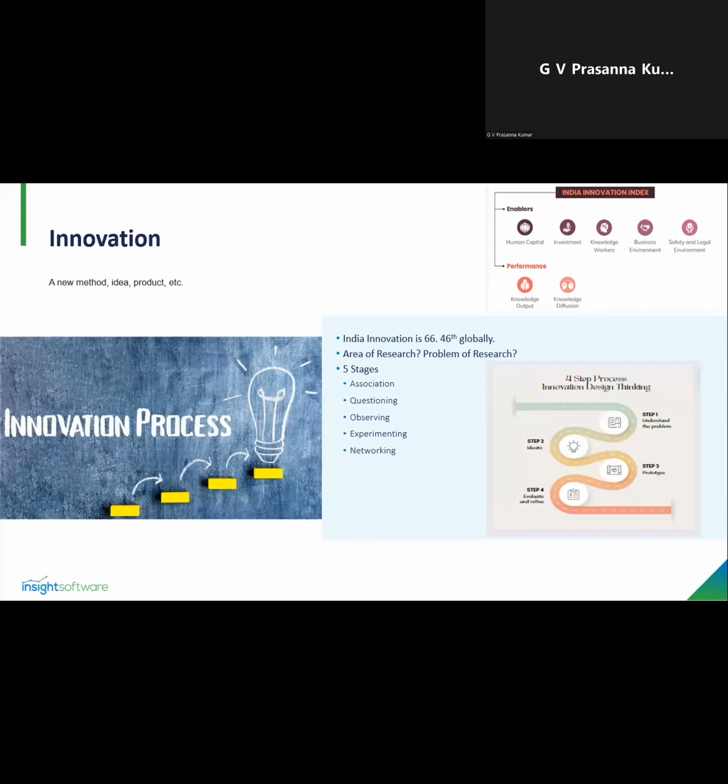But as I said, whenever you're solving a problem, make sure that your area of research is precise and your problem of research is as descriptive as possible. So this is the innovation standpoint, of which I would like to give a brief gist of the process. Now let's get into the other important part of this presentation, which will be the